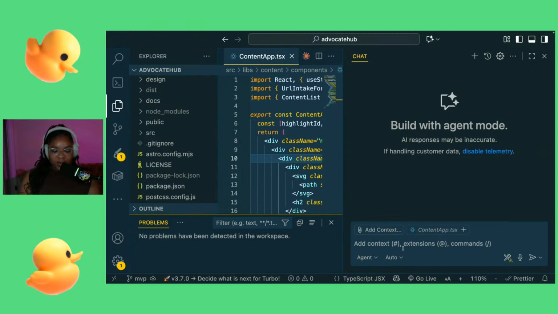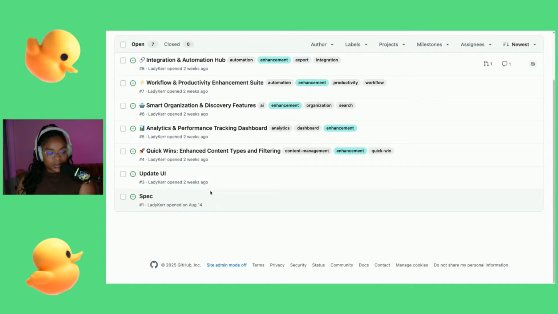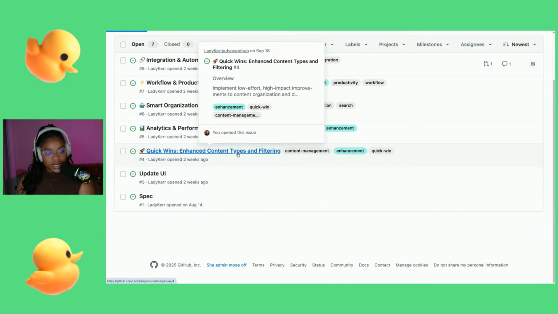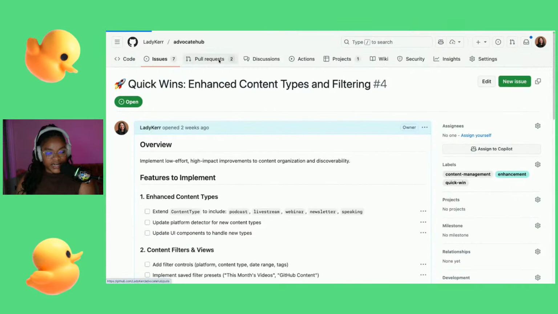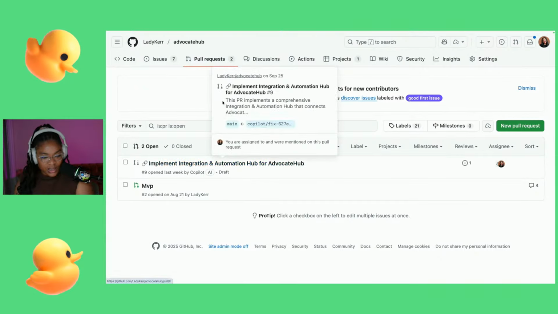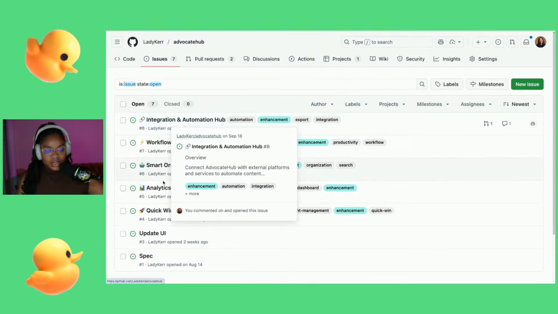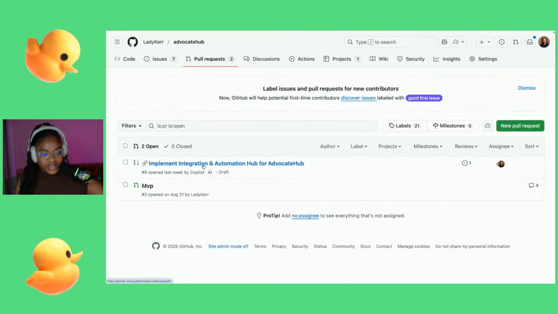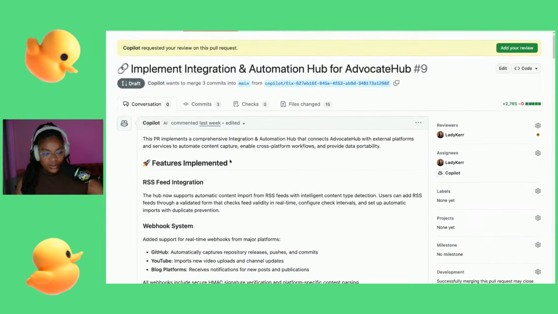And so what do I want to do? Let's take a look at the issues that we have. I think this is something that we've done, enhanced content type and filtering last week. I think so. Let's see what else we can do. Or was it the implement integration and hub management tool?